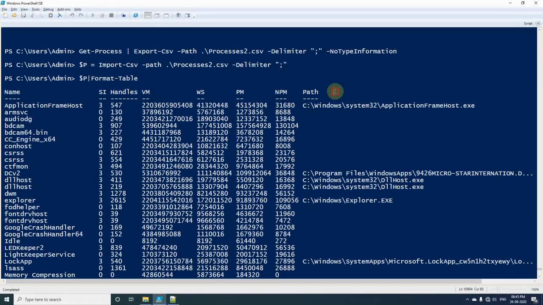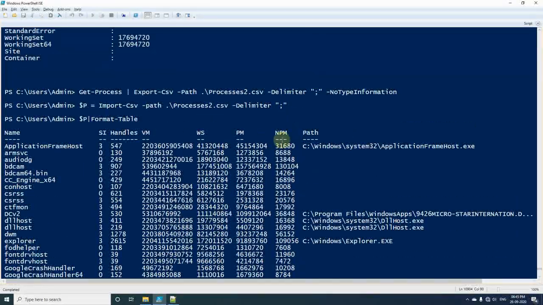Since the space is not much, not all the headers have been printed; only the headers that could fit on this screen are displayed. So here we have seen how we can use delimiter while exporting and while importing the CSV.